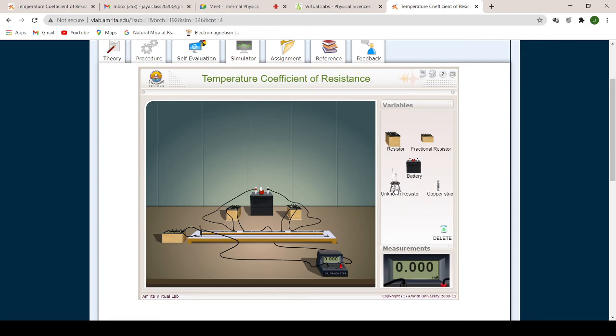It is not getting dragged. Correct? Okay. Right? So, see here, it is getting connected. So, what you actually have in this beaker is, as you can see, the beaker is getting heated up. You have an unknown resistor. Usually it's a coil of wire, as I had showed you in the video. So, there is a coil of wire and we don't know the resistance of that particular coil.